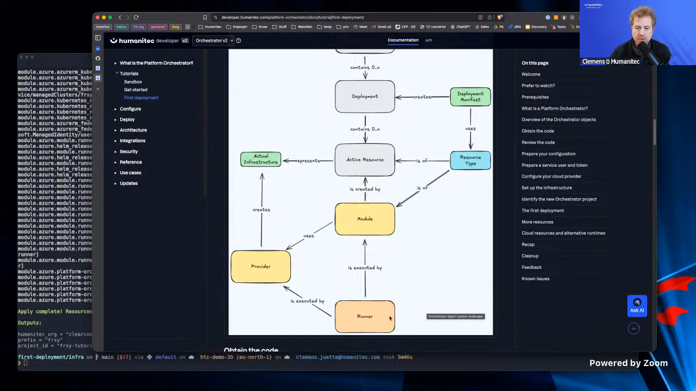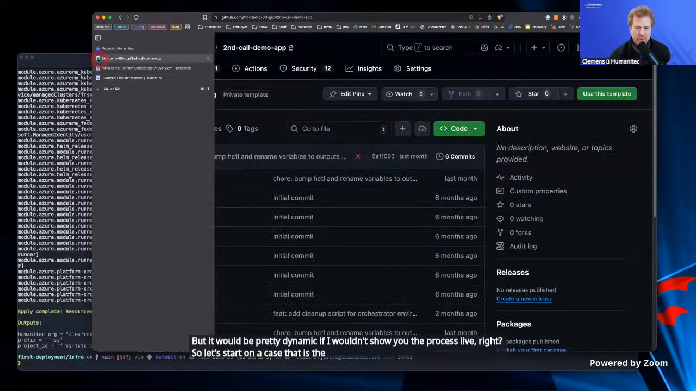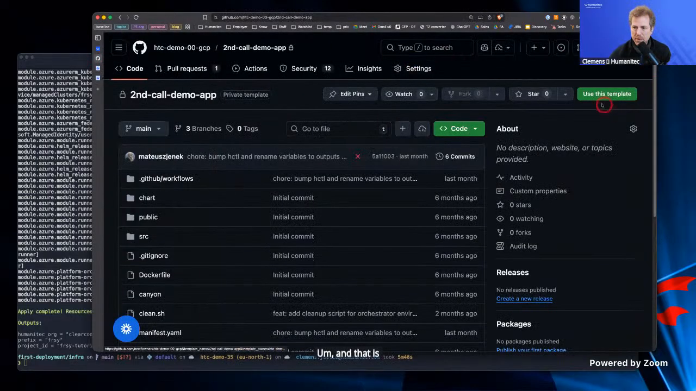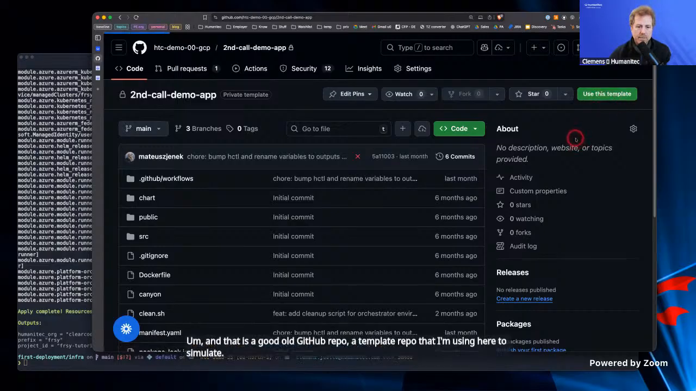All right, so that basically describes the process and all of the moving elements. But it would be pretty anemic if I wouldn't show you the process live, right? So let's start on a case that is the lowest entry barrier that we have for that. And that is a good old GitHub repo, a template repo that I'm using here to simulate the start of